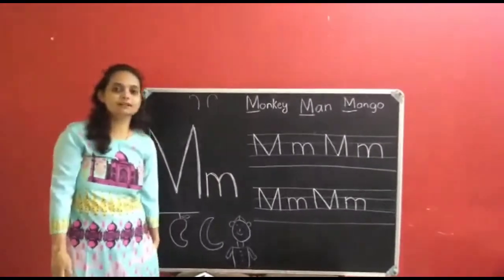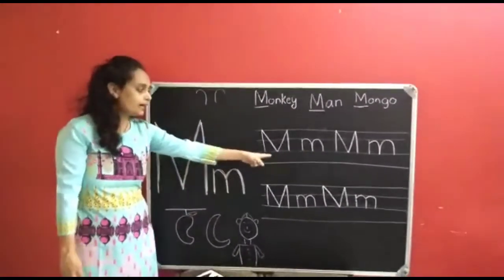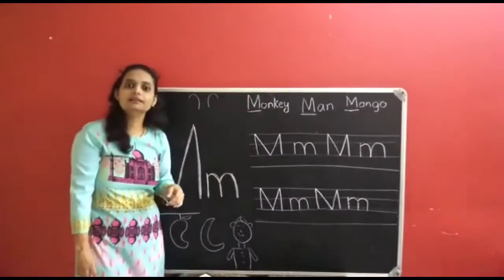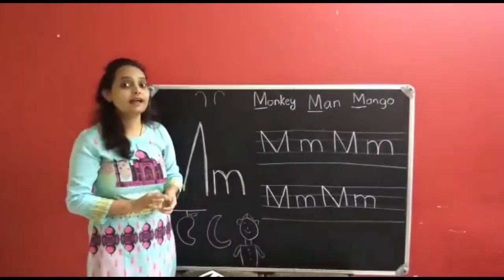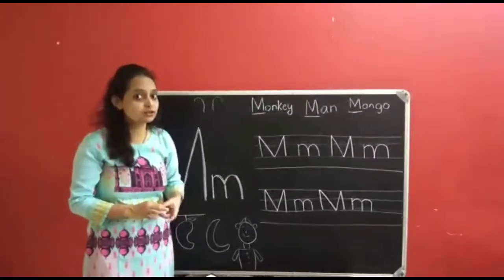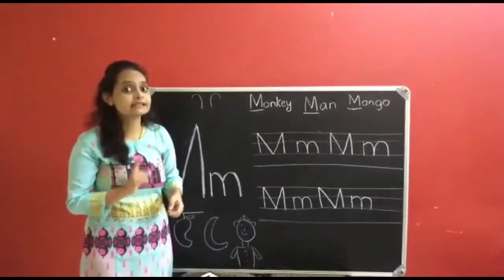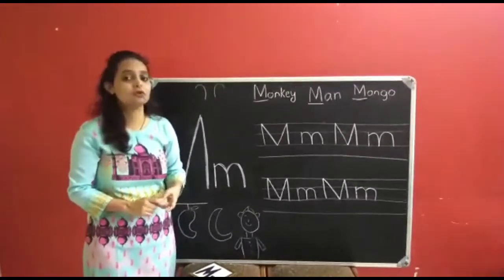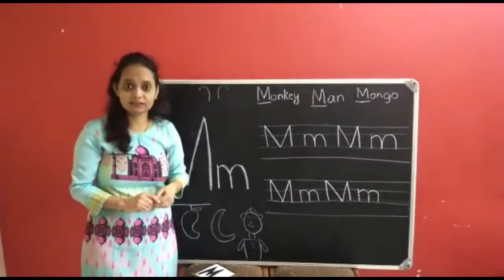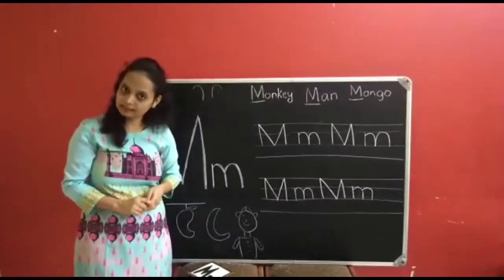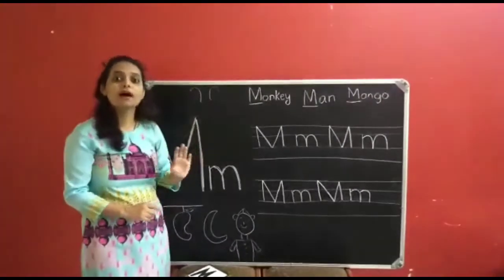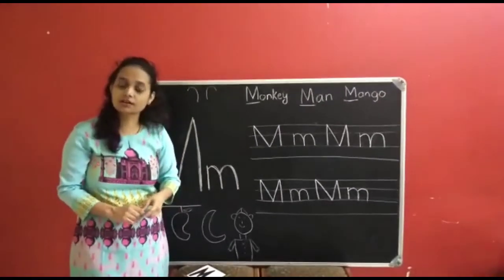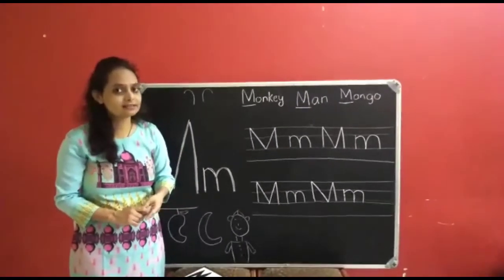So it's very simple, children. You also do writing practice of letter M and show me. And children, we have started Hindi also. Yes children. So do practice Hindi letters also. It's very important to learn Hindi also. So we have started Hindi letters also. So do practice of Hindi also, this also, and numbers also. Okay children, and do counting practice also.